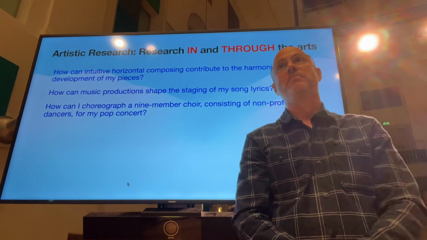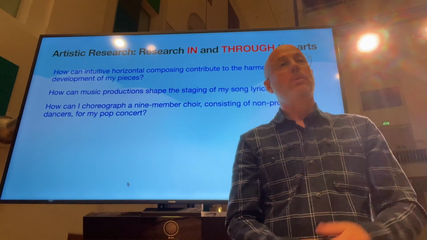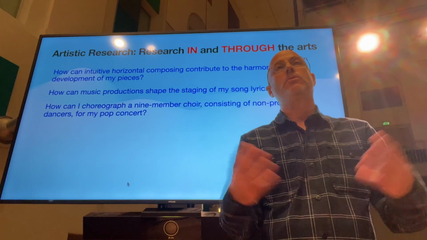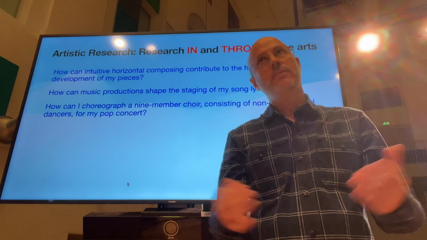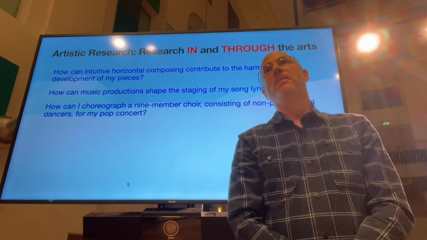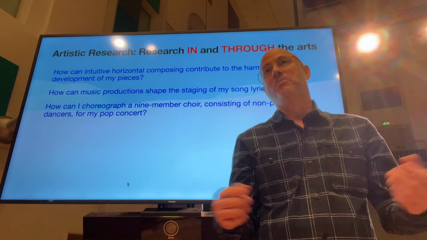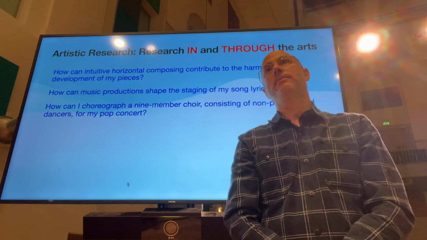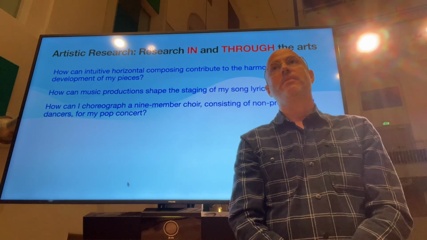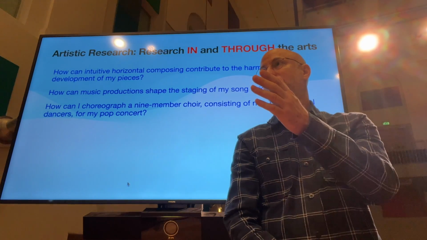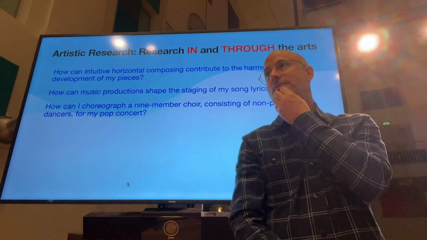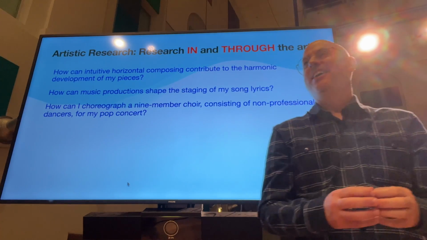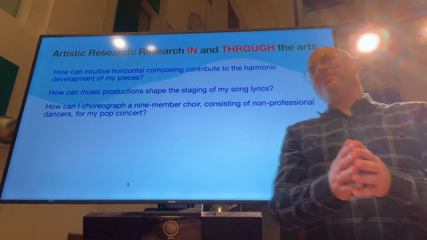The answer can be no, and you can go deep anyway. Well, that's true. Your question could be, how can I play the first note of this Beethoven sonata? You might say that's a really simple question, but you could also go really deep within that. Would it be fair to say that the real answer is the questions you asked along the way? I sense a Bob Dylan song coming up.